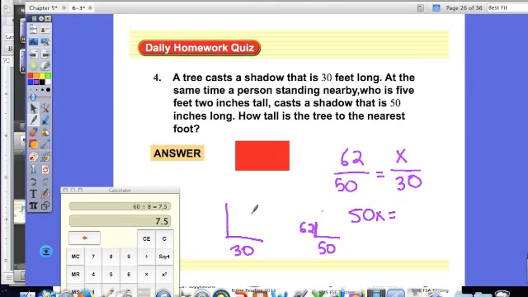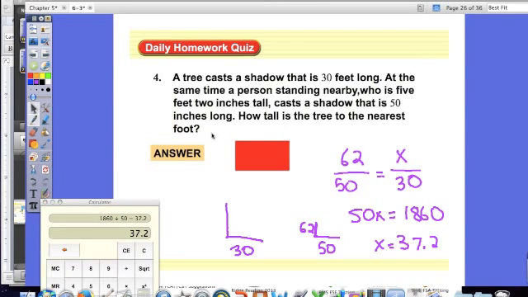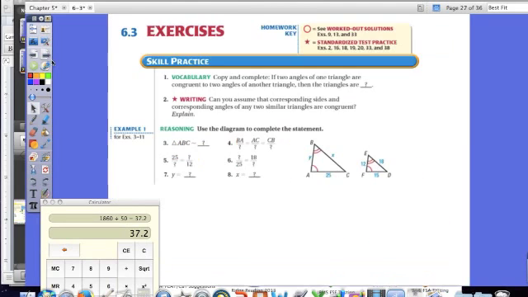equals 62 times 30, which is 1,860, divided by 50 is 37.2. So rounded to the nearest foot is 37 feet. Okay, and then you can look through